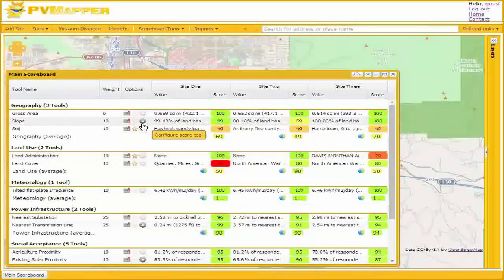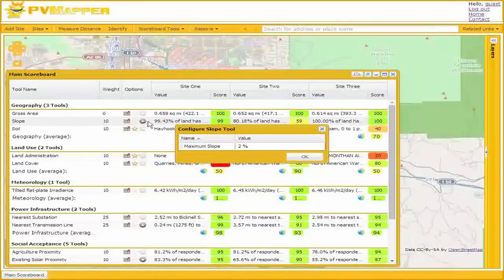So if you have 5 or 6 or 10 or 15 possible sites that you've narrowed it down to, and you'd like to narrow it down further very rapidly, that's the area we've targeted PVMapper into. Tools like PVSYST, my understanding is, are more attuned to individual site layout, single site design,